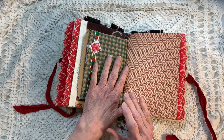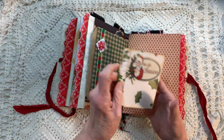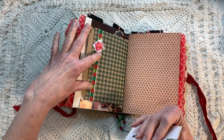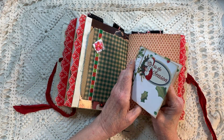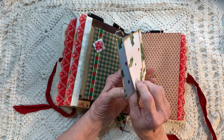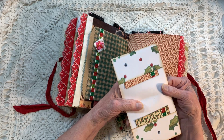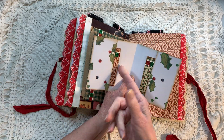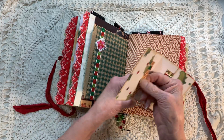This is the other bag in the second signature, and it's bigger. So in this one, we also did the trim and everything. But we also put a little 'Tis the Season book in. And it's just basically 2 pages that were folded, that were kind of like left over. They were folded in. I just glued them here and here. And then I made 2 little square